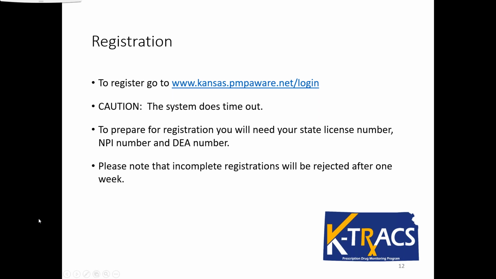Please note that incorrect registrations will be rejected after one week. The reason we do this is that if it's not complete or there's some misinformation, the system has a security measure that will trap that email. Now, if you work at a small Western Kansas clinic, that's one thing. But if you work at KU Med or for Ascension, it's kind of difficult to get a new email address. So we try to get in and get those out of the system before they can trap. This way, all you have to do is go back in and put the information in again, and just remember that you have a week. Next, please.